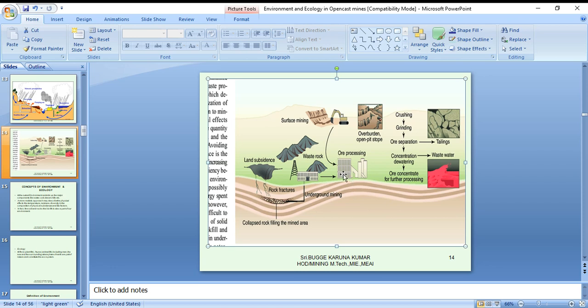Most of the mineral processing units, even for iron, copper, zinc, and uranium. You know the Kadapa area, what is happening? The mill tailings are not properly discharged in and around the tailing ponds. That water penetrates into the fields and the fields will be damaged. Ore processing is also one of the damaging activities.